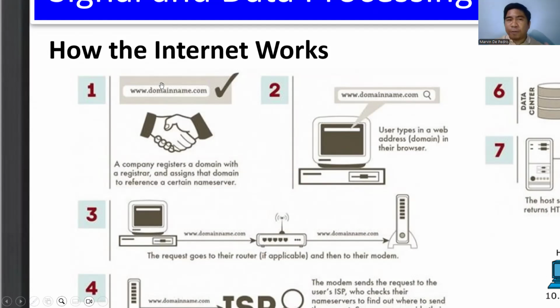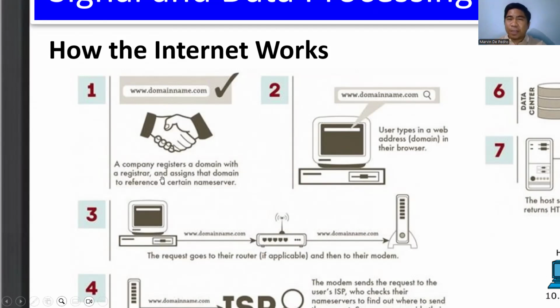So, for example, if we want to access our robot control interface or user interface, we type in our domain name for that, or the URL for that. But of course, if you want a domain name, you have to register that.